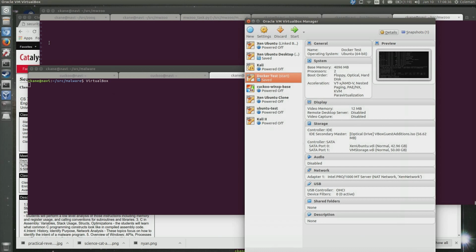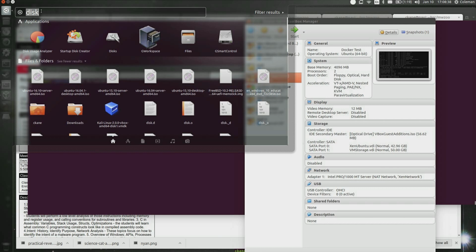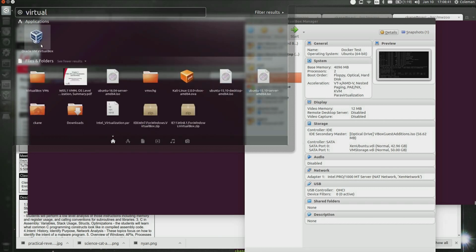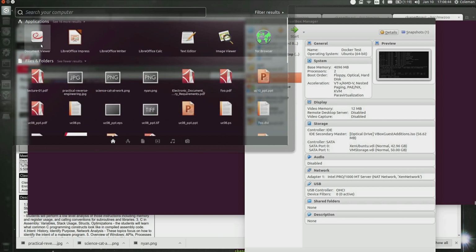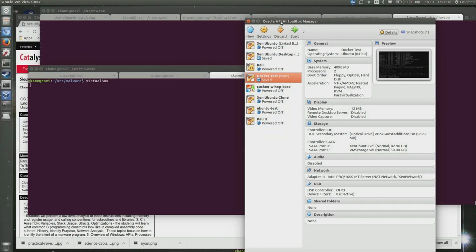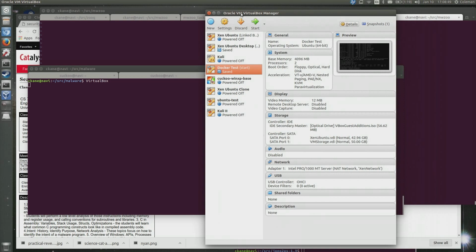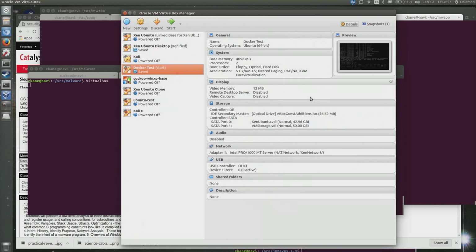I usually just run it from the command line. You can also run VirtualBox from here. The same is true if you've got Windows: you'll have the little Windows icon, and if you've installed VirtualBox, then that works. Make sure your laptop supports secure virtual machine or something like that, a processor that can handle virtualization. Almost all laptops available today have it.